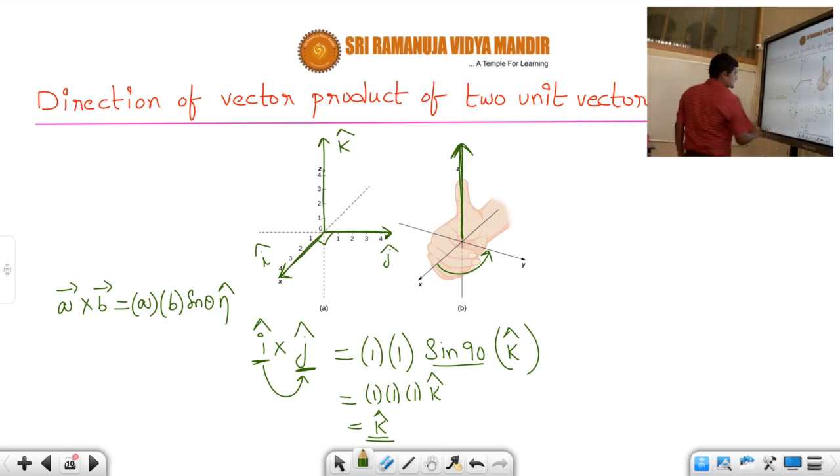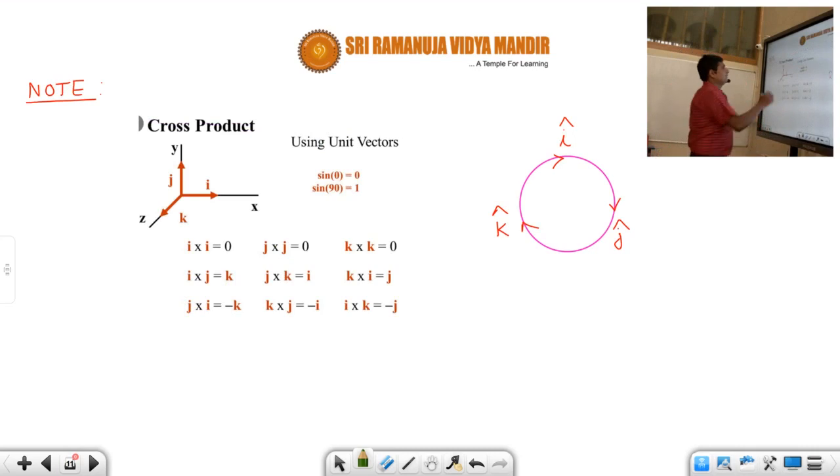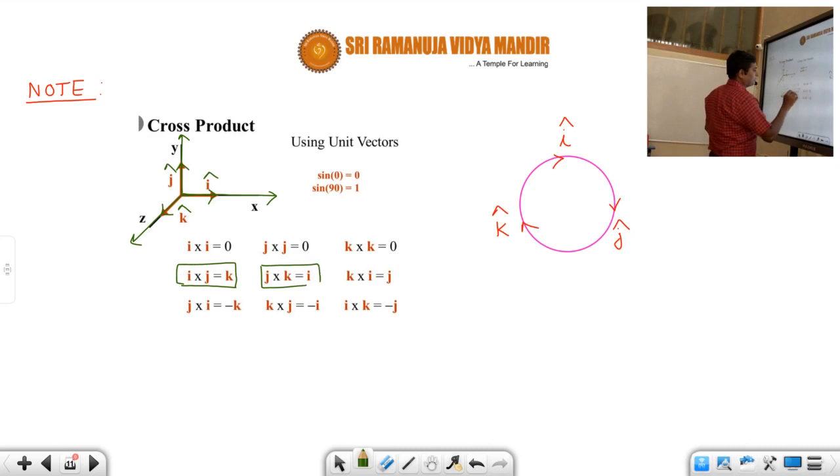Now let us see the result, students. Let us say I take this side as the x-axis, this side as the y-axis, and this side as the z-axis. The unit vector along the x-axis is i cap, along the y-axis is j cap, and along the z-axis is k cap. Just now I calculated i cap cross j cap. How much, students? k. Similarly, we can also calculate j cap cross k cap. How much will you get, students? i. Let us see how.